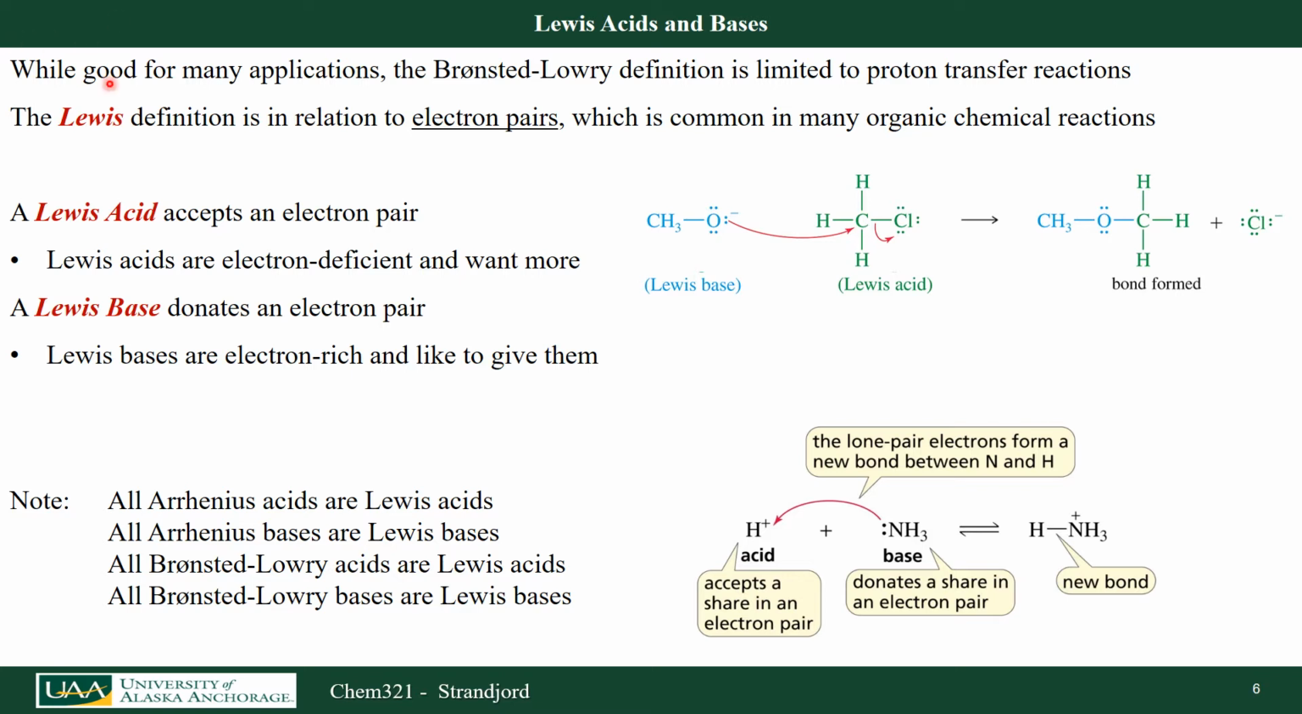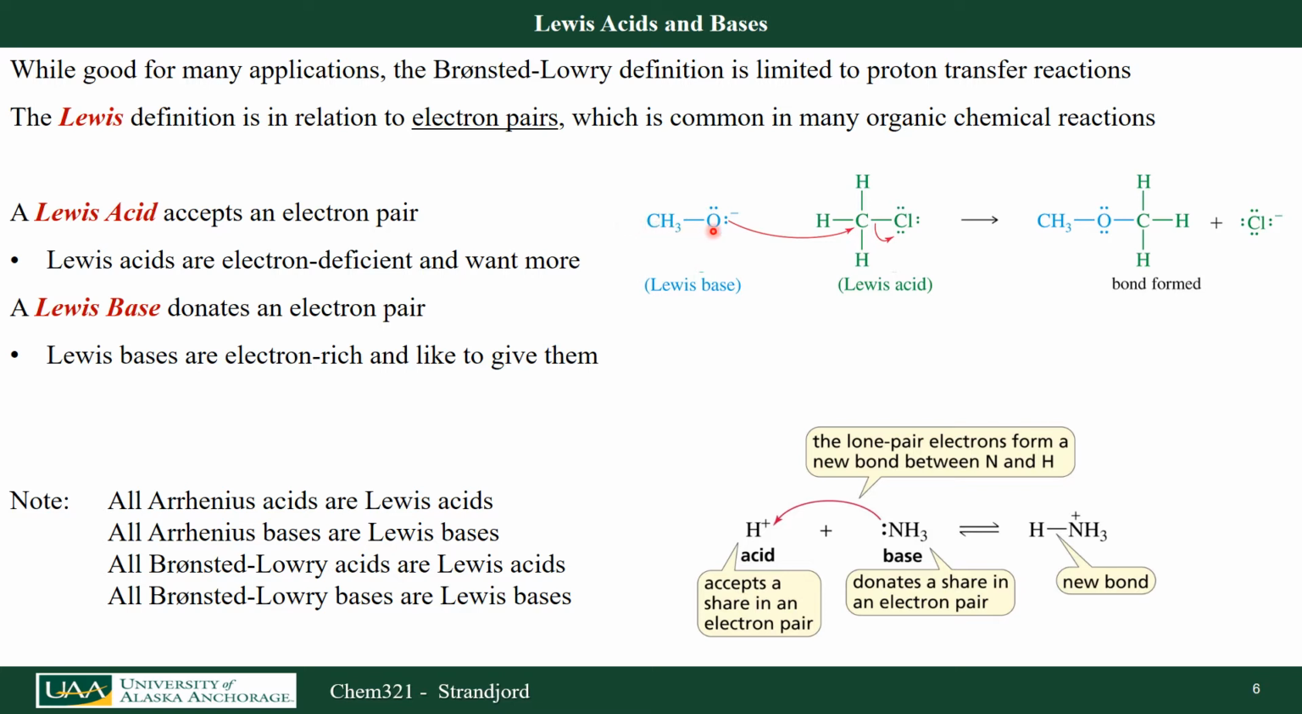So a Lewis acid is a molecule that accepts an electron pair. Lewis acids are electron deficient and they want more electrons. A Lewis base wants to donate an electron pair, because Lewis bases are electron rich and they just want to give them up. So if I look over here at the reaction on the right-hand side of the page,